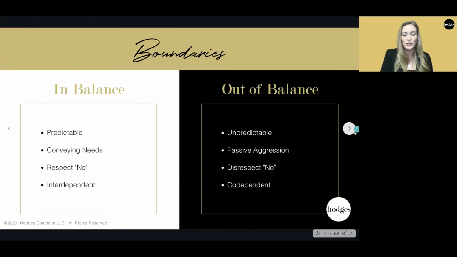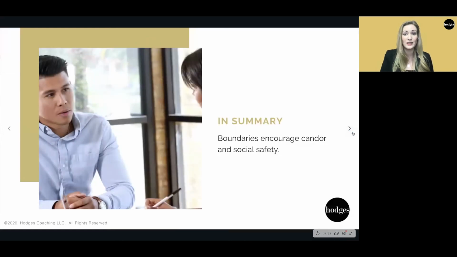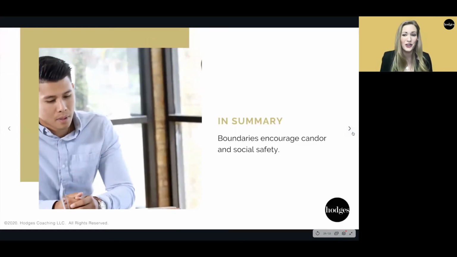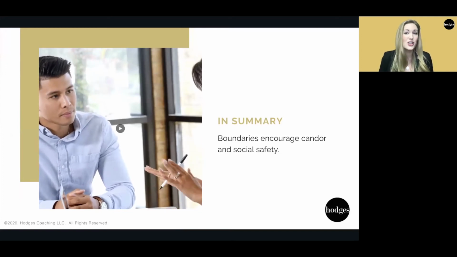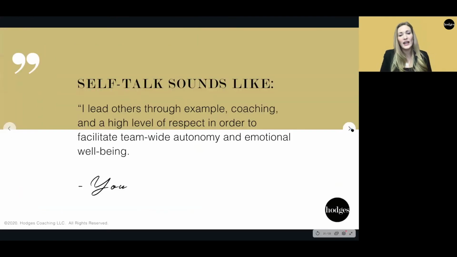Boundaries are a really cool way to help your culture and your team really thrive, because they encourage candor and social safety. So everyone feels safe to talk about, you know, even the touchy, sensitive subjects, right? The subjects that say, I'm just not really comfortable with that, or that's just beyond my comfort zone. And it doesn't have to be something inappropriate. It can just be like, I'm not willing to work late, and that's okay too, or I'm not willing to work on that holiday.